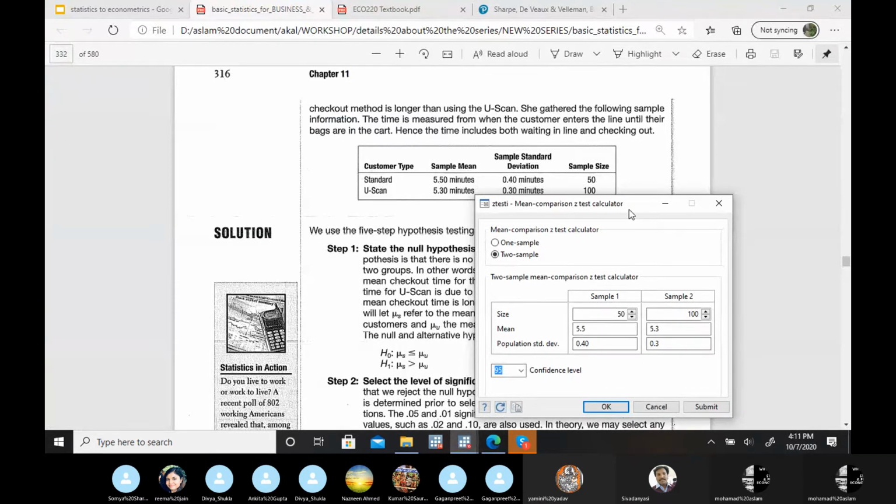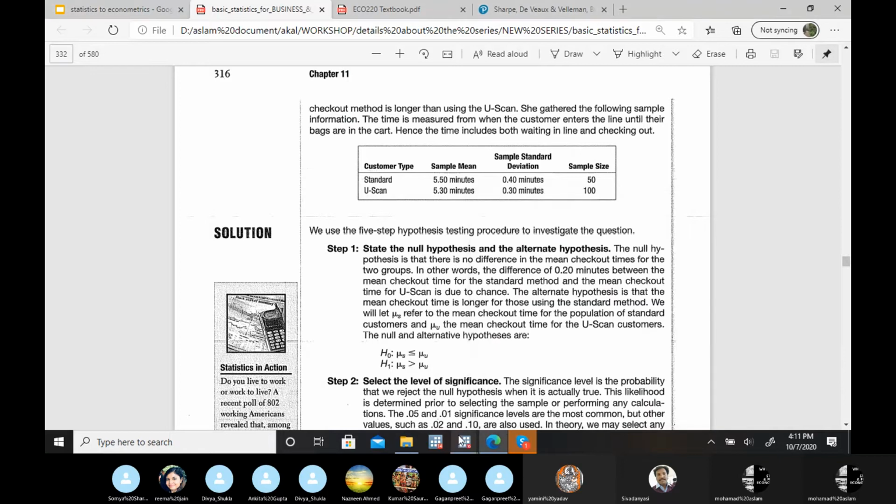We are using this particular information here, right? Although it's a sample, as I explained, if the sample size is sufficiently large and it follows the normal distribution, you can use it as an approximation for the population standard deviation. Otherwise, you can use the t-test. There is no harm; your findings will remain the same. Sample 2: sample size is 100, mean is 5.3, and standard deviation is 0.3. The level of significance is not mentioned in the question, so let's take a 5% level of significance.